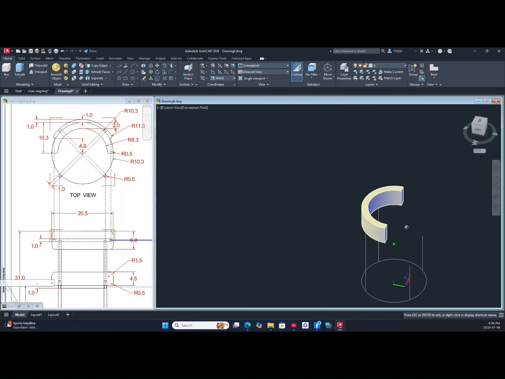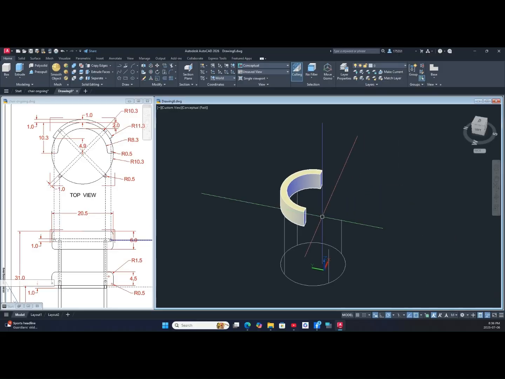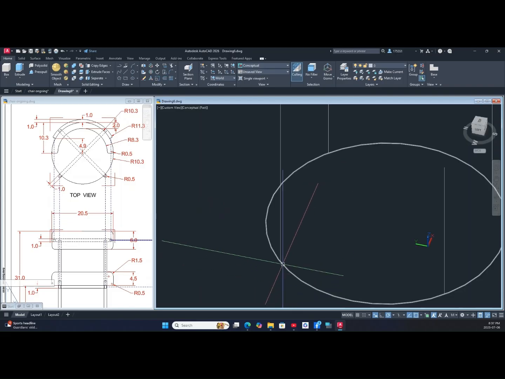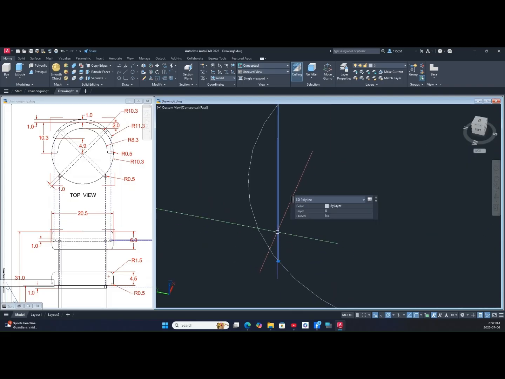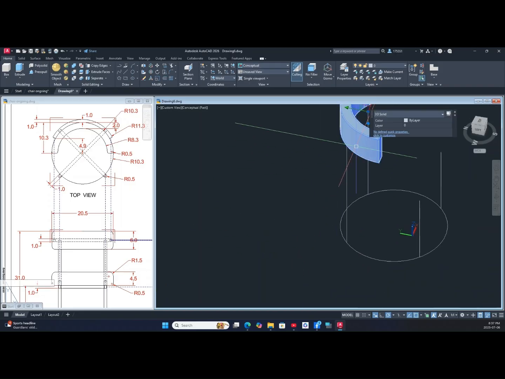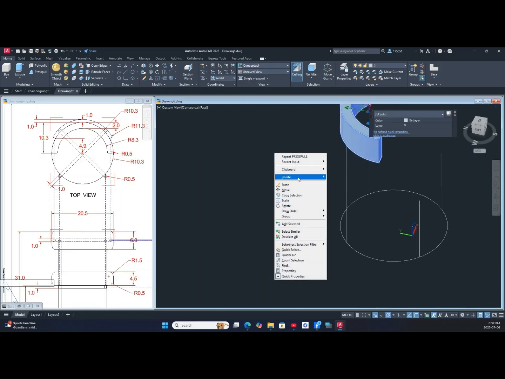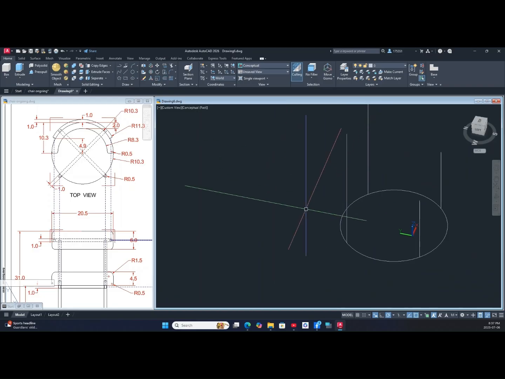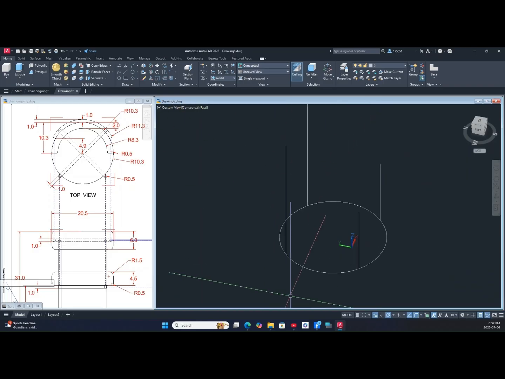Now the next thing to draw is the rod. Oh, I'm gonna draw the legs first. But the legs, so this is our guide for the legs, but our circle should be tangent to that line. So what I'm gonna do is hide this one too. So select the object, right click, hover over isolate and select hide objects. Okay, and